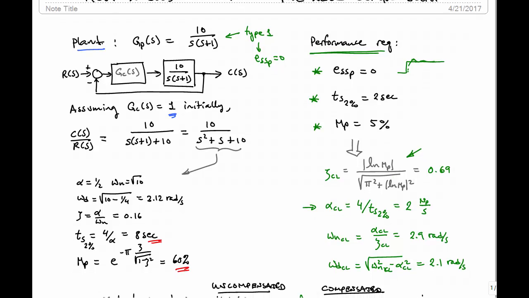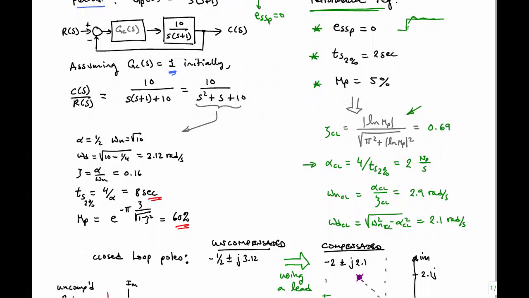From zeta and from the real part of our desired closed loop pole, we can find the natural frequency, omega n, to be 2.9 radians per second, and the damped frequency, which is 2.1 radians per second. So now we have determined where we would like our closed loop poles to be located,